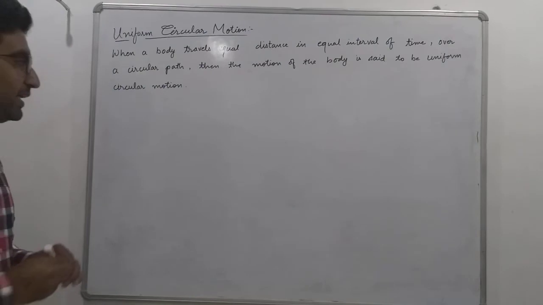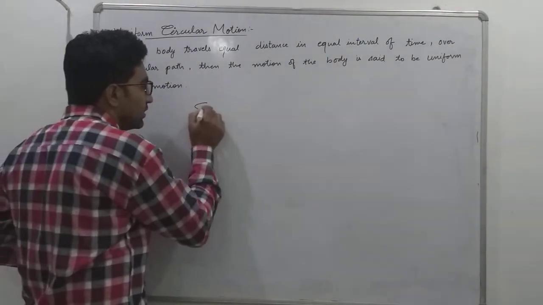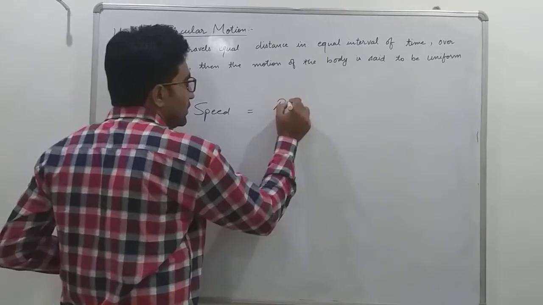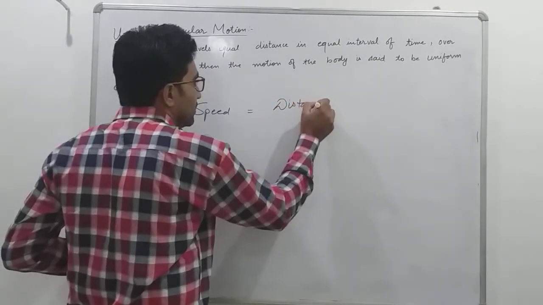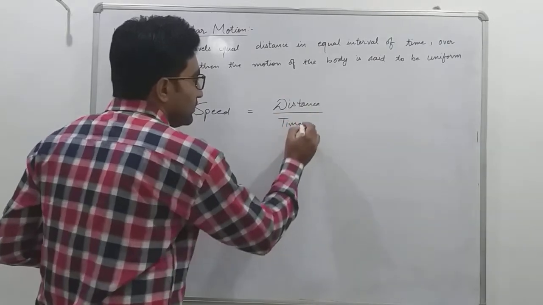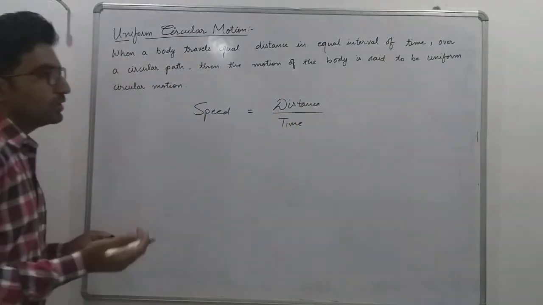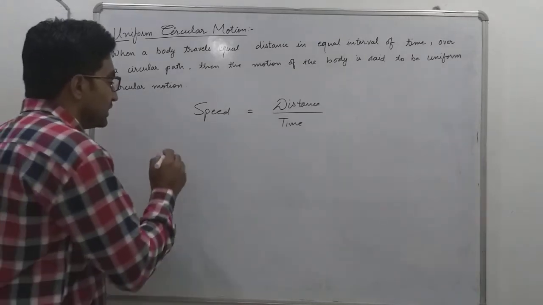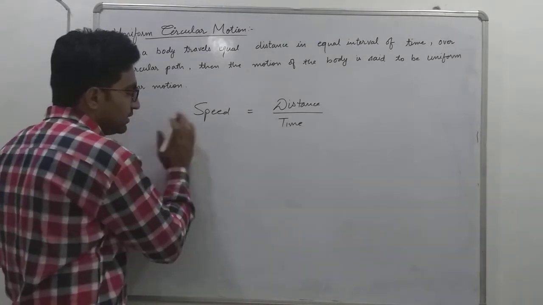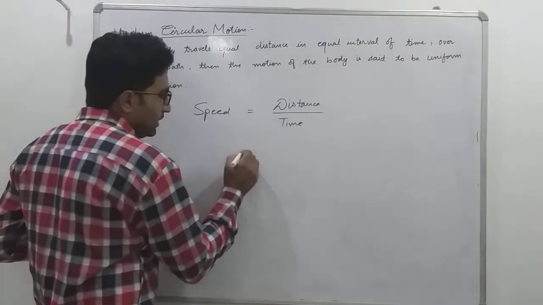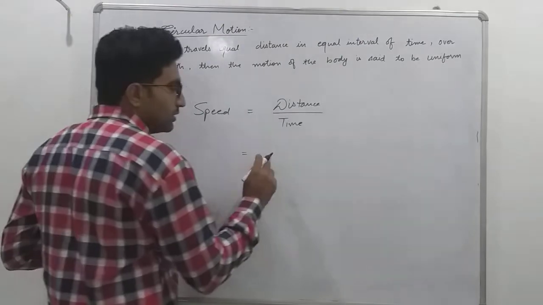We know that the speed of a body is equal to distance traveled upon time taken. If we are taking the case of uniform circular motion, then the speed in circular motion will be equal to